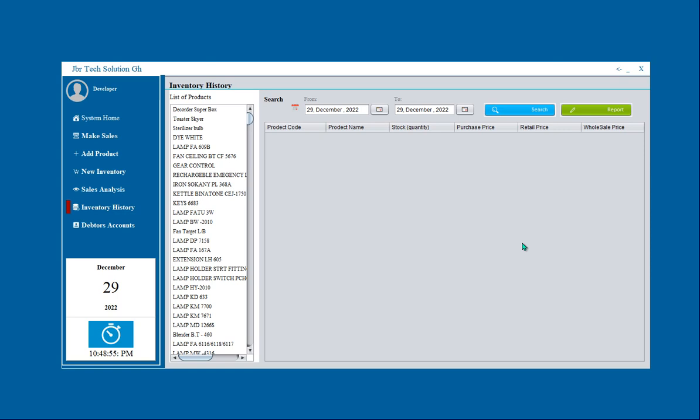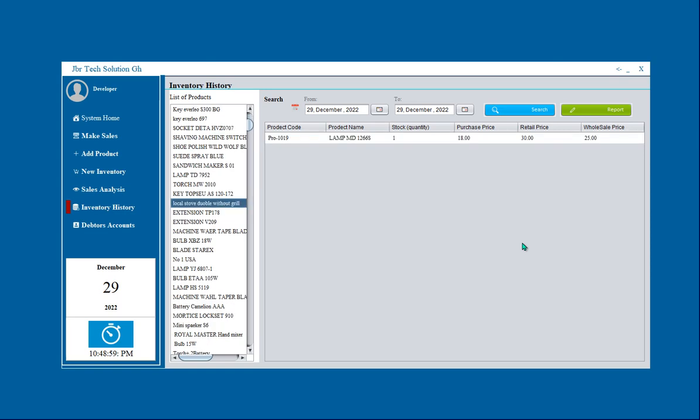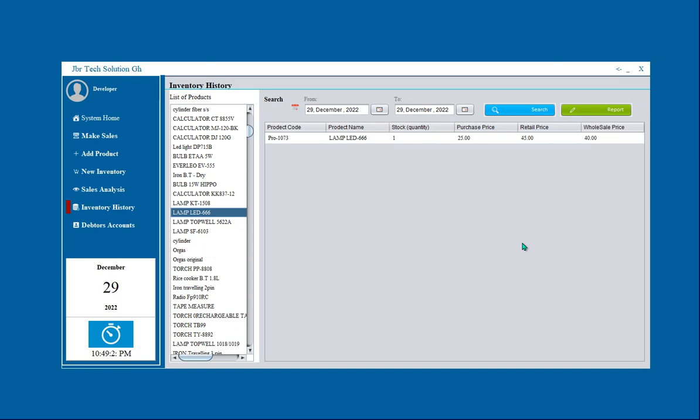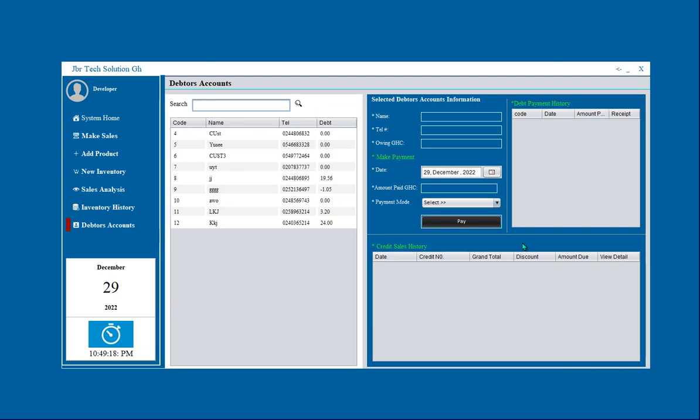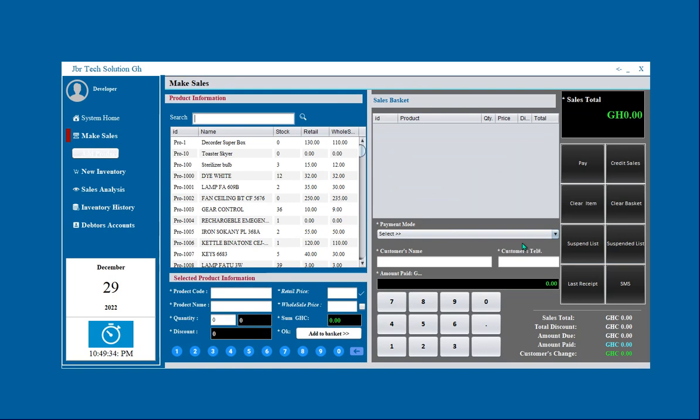We have inventory history, so you can also check your inventory history as to when I bought this item, when it finished, and when I purchased another item. You can check all these things from the inventory history. You have the debtors account. This is where, if some people owe you in your business, the information is kept here very safely so that you can track them, call them, and get your money paid. Okay, so taking it one after the other,